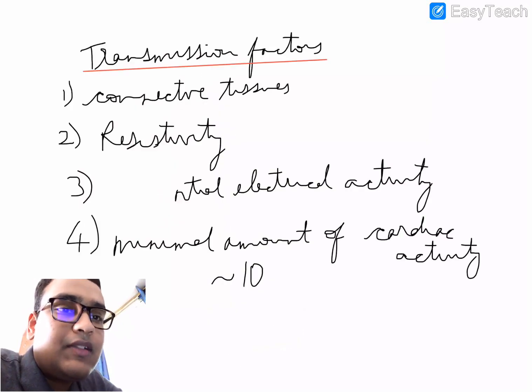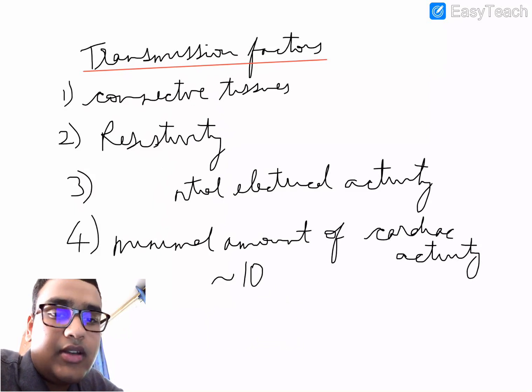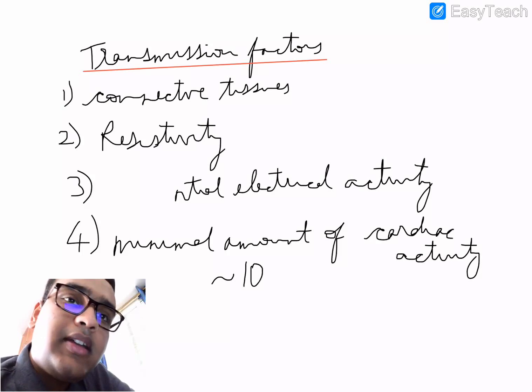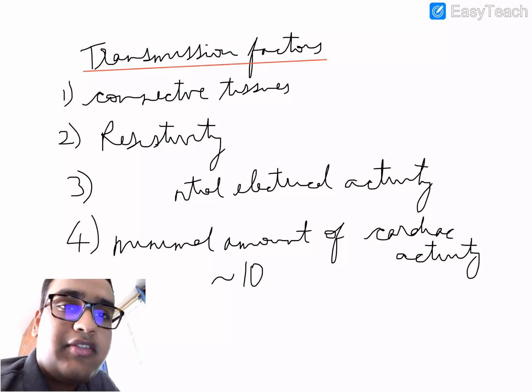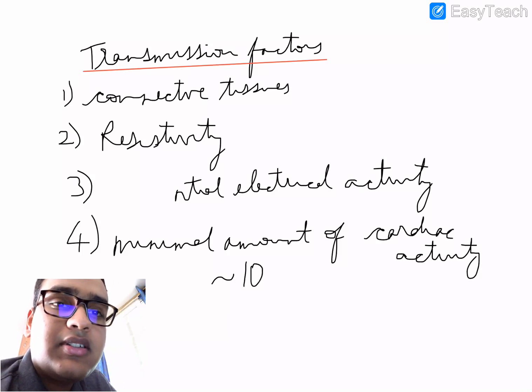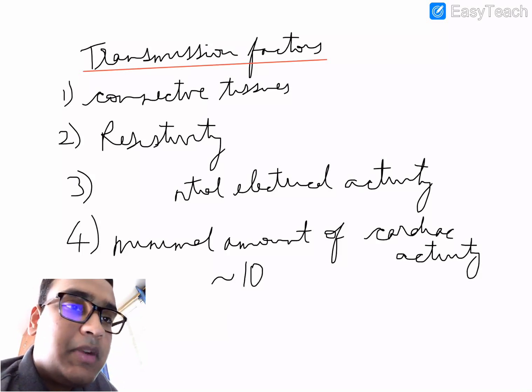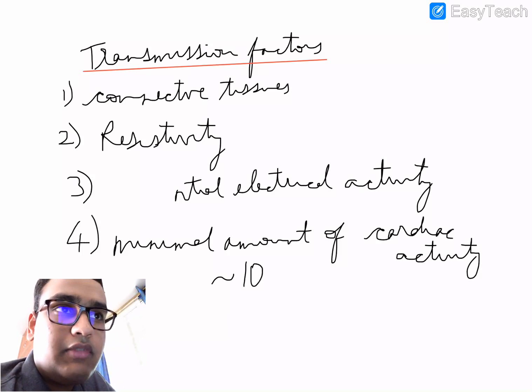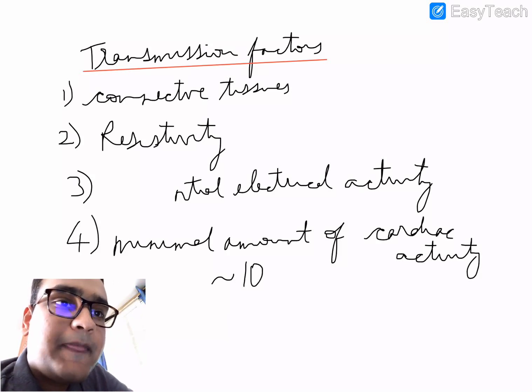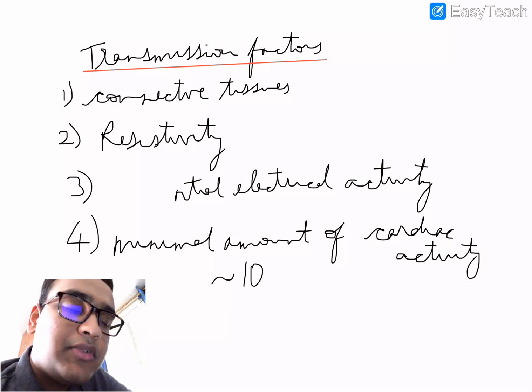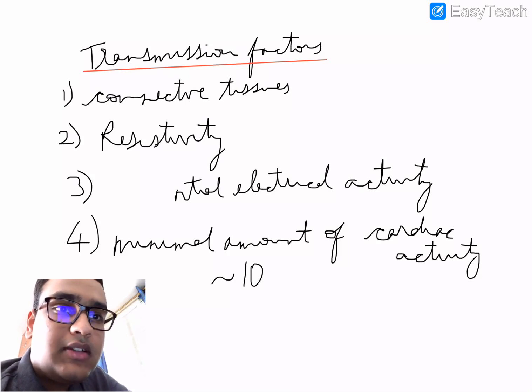So when these cardiac muscle fibers are generated within the heart, their transmission towards the skin can be hindered because of certain factors. These factors are important because they help to diagnose which part of the heart is affected and how do we measure each electrical impulse generated by each part of the heart. So the most important thing is connective tissues around the heart and the adipose tissue in the subcutaneous tissue also, which hinder the transmission of electrical current towards the skin.